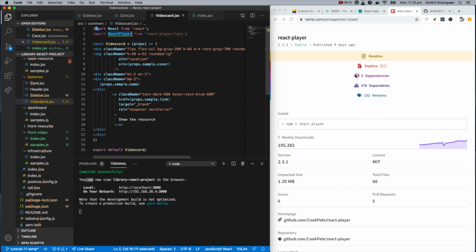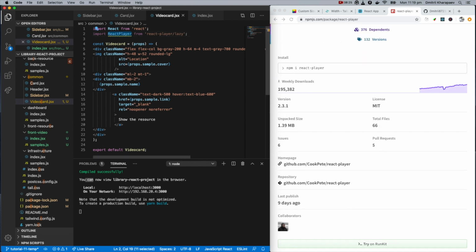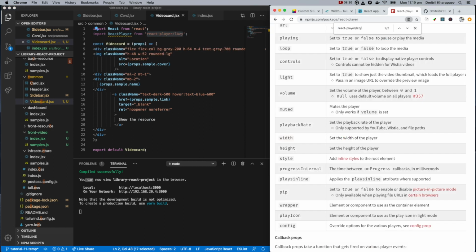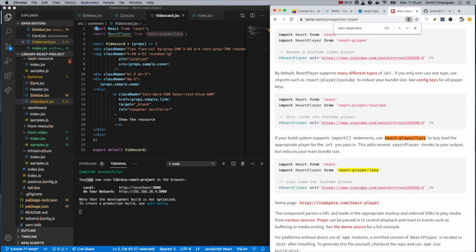So guys, in the library here they're explaining, right, if your build system supports import, use React lazy. So basically if you use an import, then you can use React lazy, right? A lazy load of the appropriate player for the URL you pass it. This adds several React player chunks to your output but reduces your main bundle size. So essentially bundle size, the stuff that's going to be built later on,